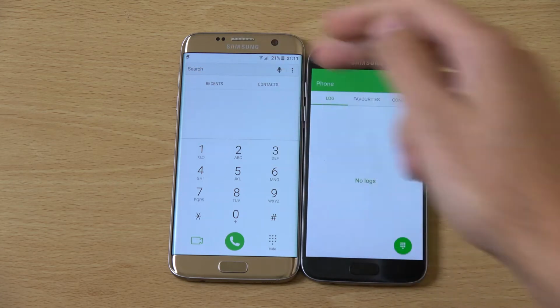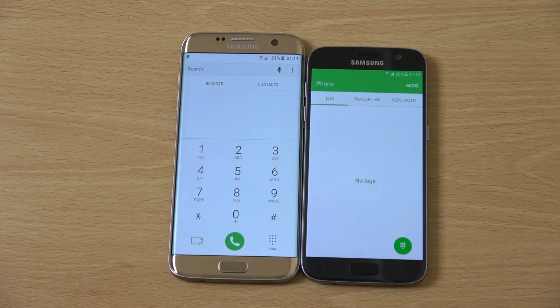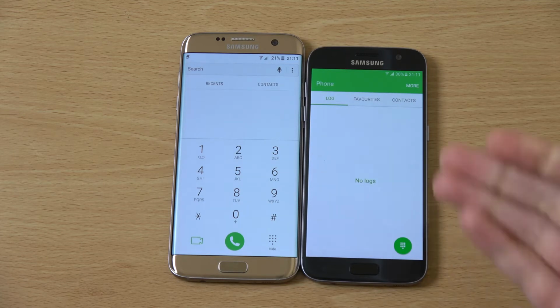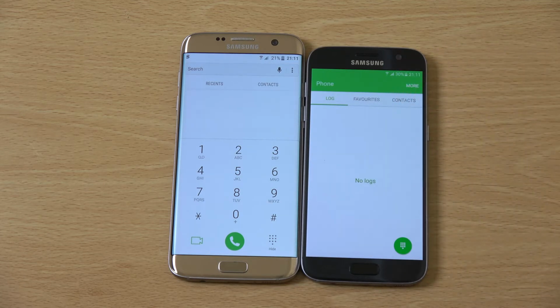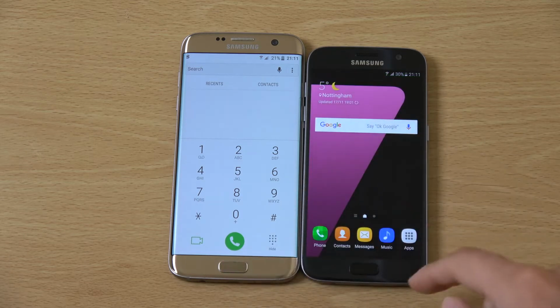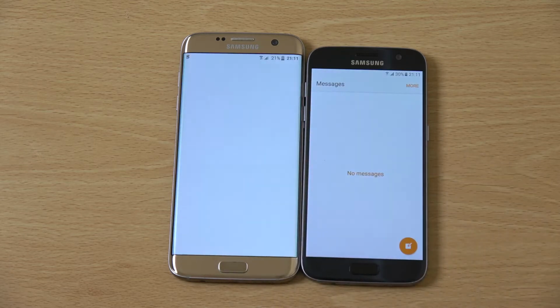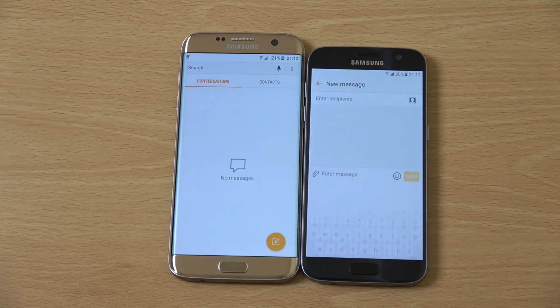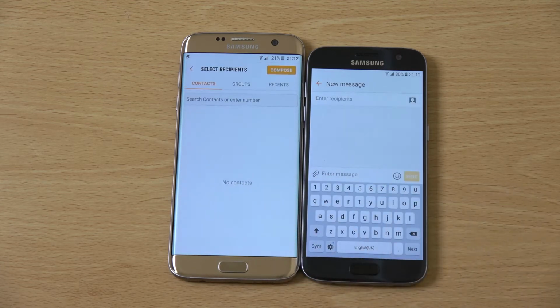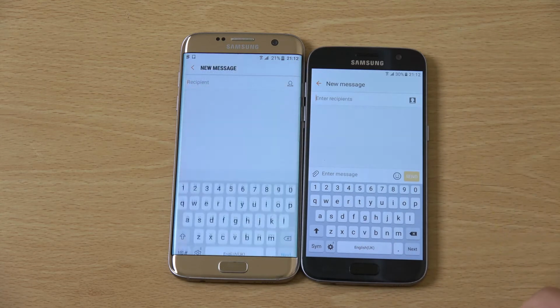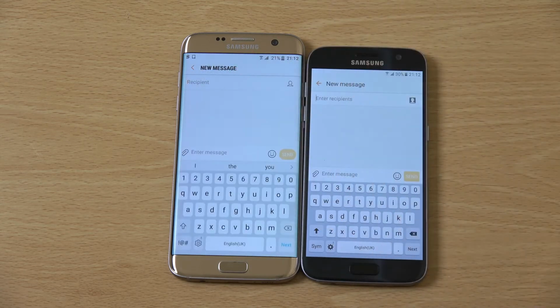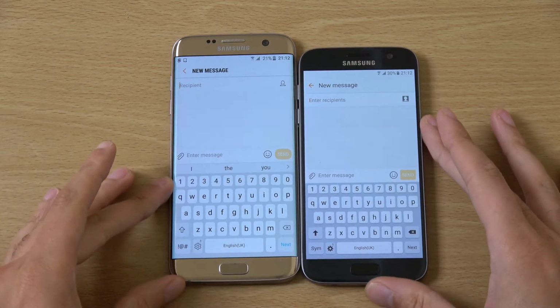You can also quickly search for things in the actual dialer app, which is very useful instead of having to go into the different tabs. That is pretty awesome. On the messaging app, you can see again some differences here with the actual interface, but it's slightly more modest here, I think. I think you can definitely see though, in terms of the keyboard, there are some differences in terms of the actual